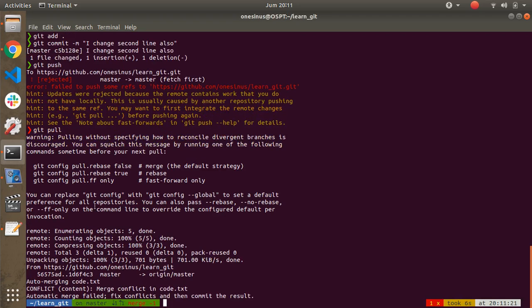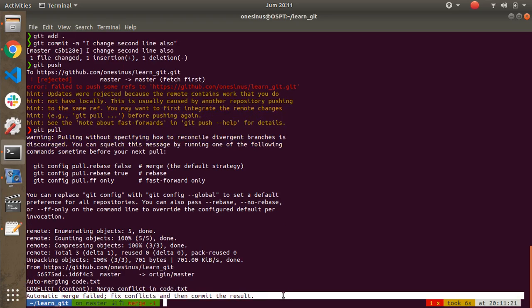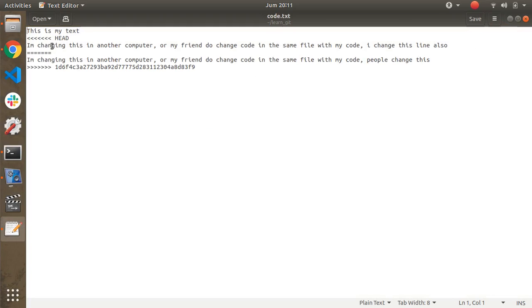Yep, you will see here automatic merge failed, fix conflict, and then commit the result. Why? Because here we can see this will be two lines.